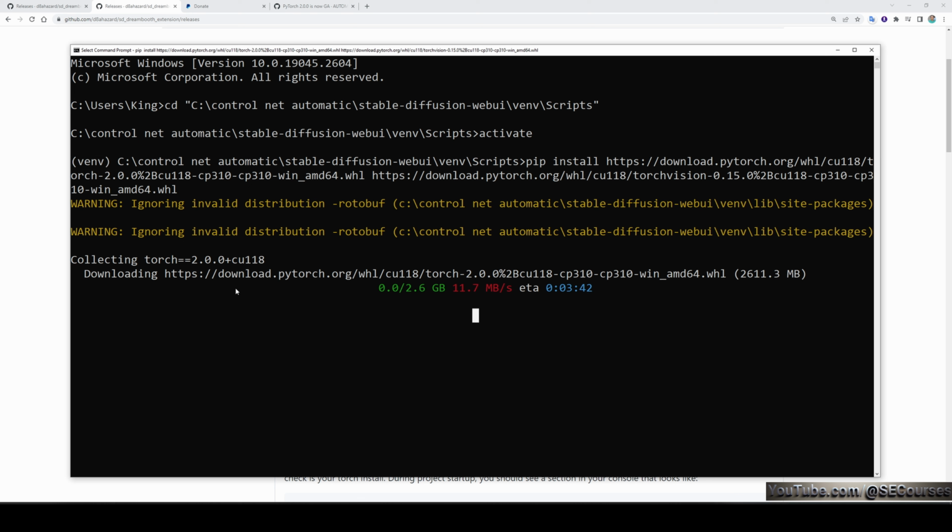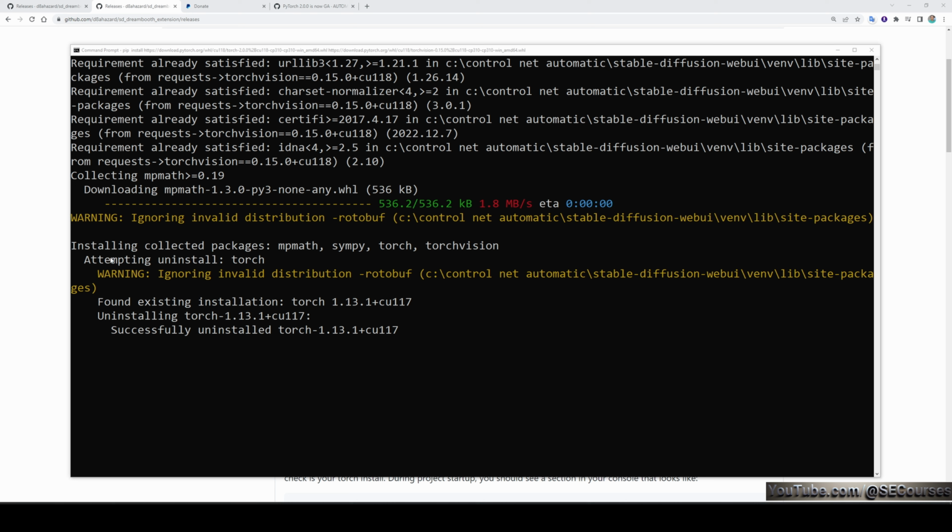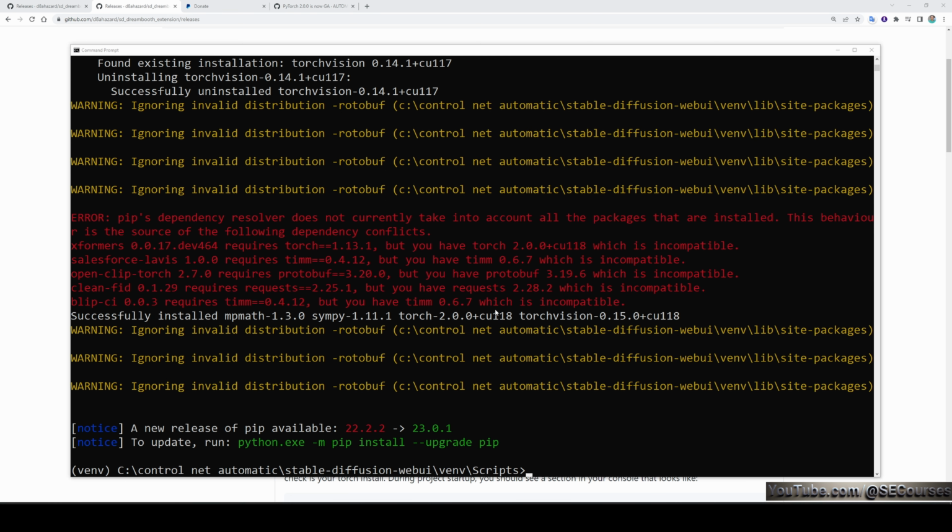It will download the latest version of CUDA, Torch, and it will start installing them. This may take some time based on your installation. Also, if you see it is frozen like this in the CMD window, just hit enter and it will continue. You are going to see a message like this, installing collected packages, and then it will display found existing installation Torch version 1.13. It will uninstall those and then it will install the latest version. Okay, the first command installation has been completed.